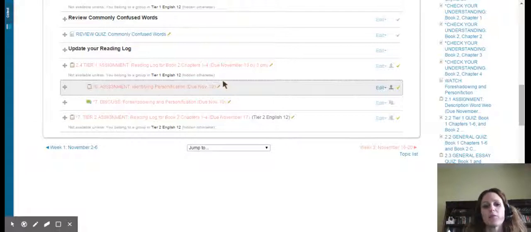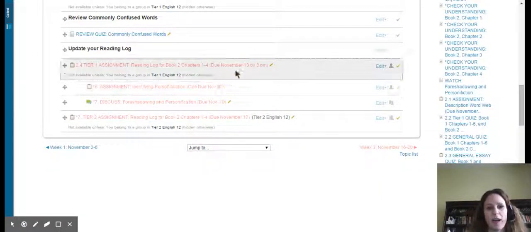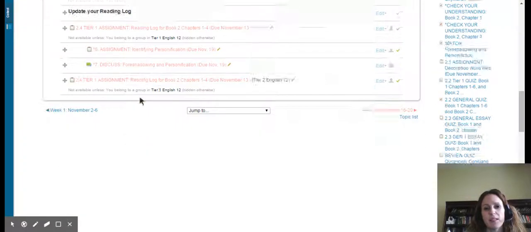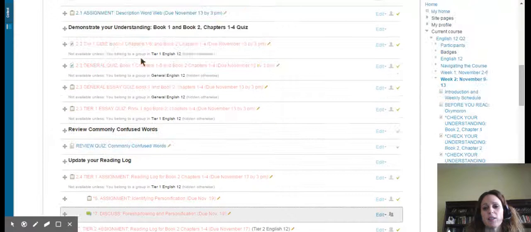For the Tier 1 group, you will have a reading log that you will submit to me this week, and I will grade it. For the general group, I just want you to go back to the reading log that you began in week 1 and update it, because it is not due until week 3, and then I will grade weeks 1 through 3 on your reading log. And that's